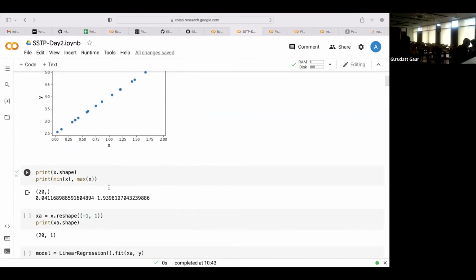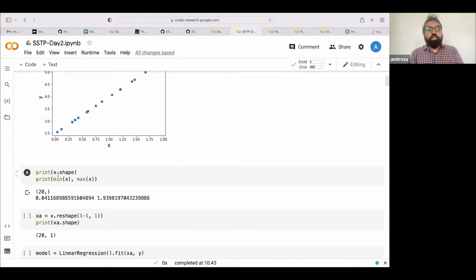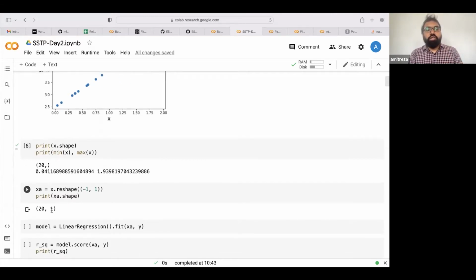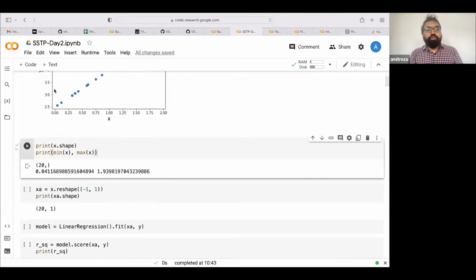Yes. Okay, one important thing: I print the shape of this x. Ideally, x is a vector with 20 data points, but it is not in an array representation. In array representation the shape should be 20 rows and one column, so 20 comma 1, but that was not the case. So what you need to do is reshape it to 20 comma 1. So if I just print here,